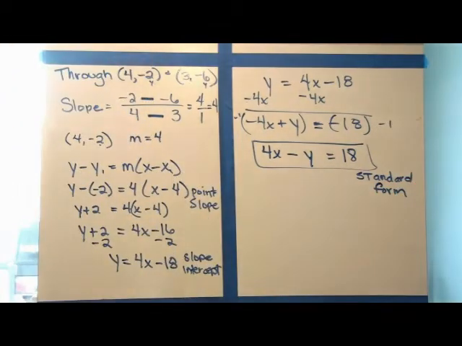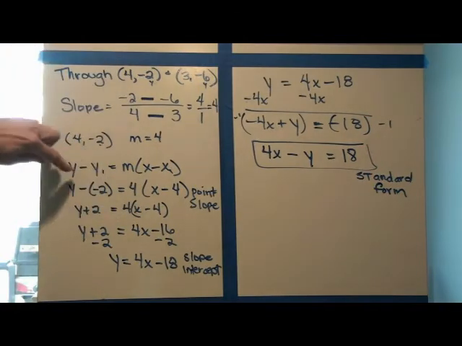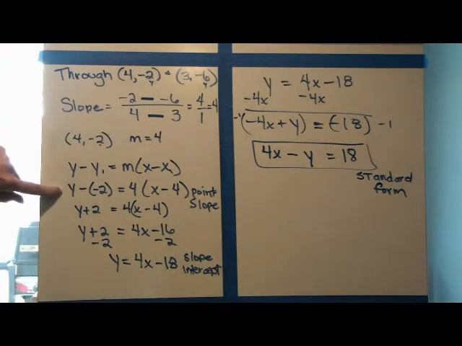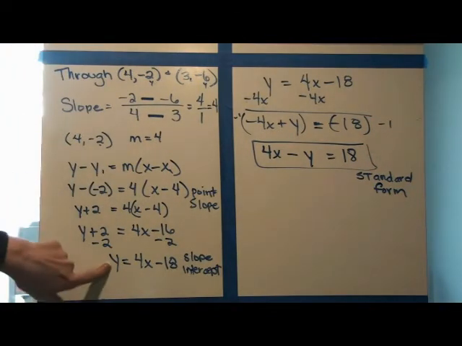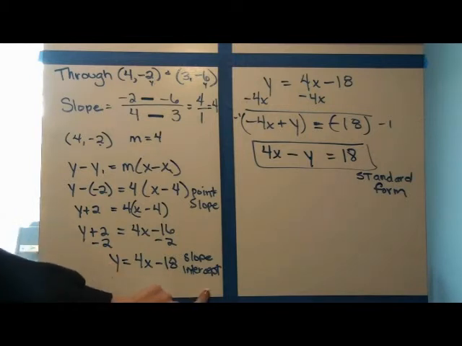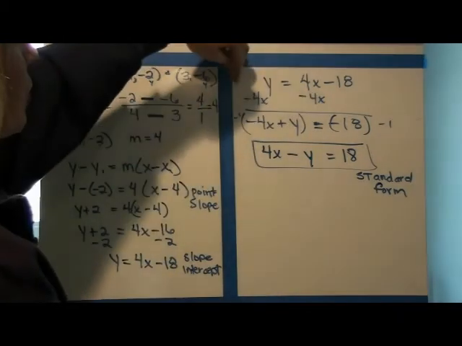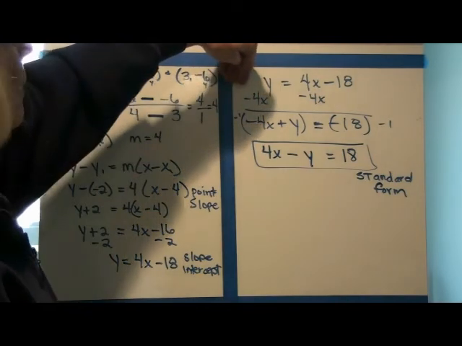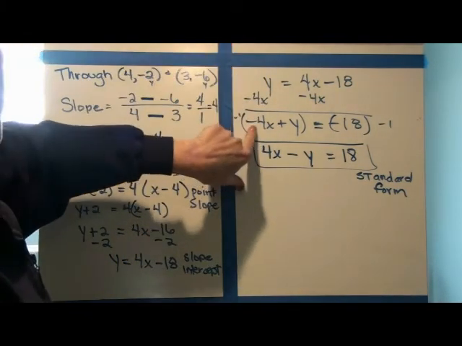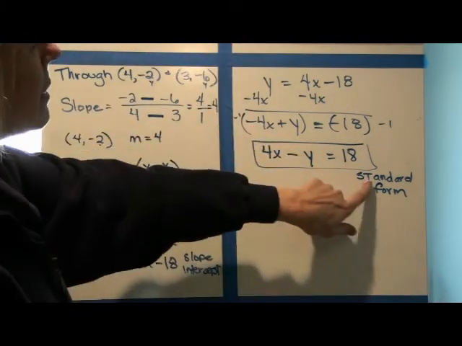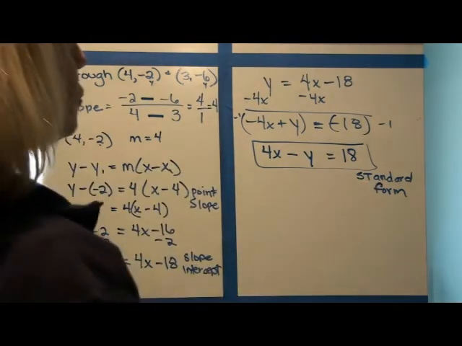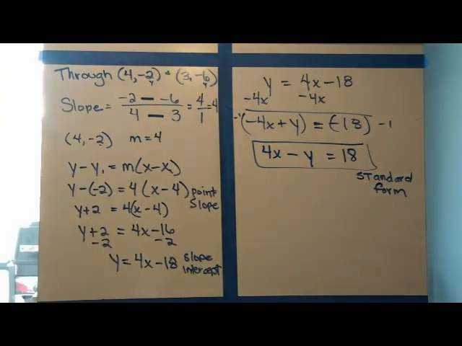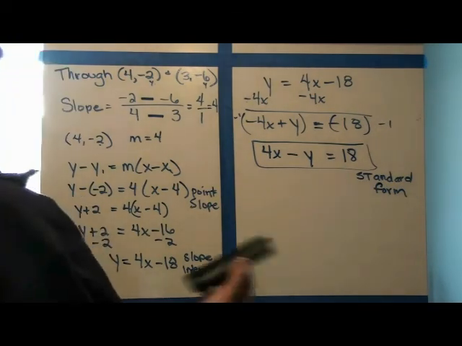So we find the slope, plug it into the point slope formula, label it, solve for y, label slope intercept form, move the x over to the left with the y, make sure you take care of the negative if there is one, and label it standard form. That's what you're going to do on all of the lines where you're given 2 points or you're given a point